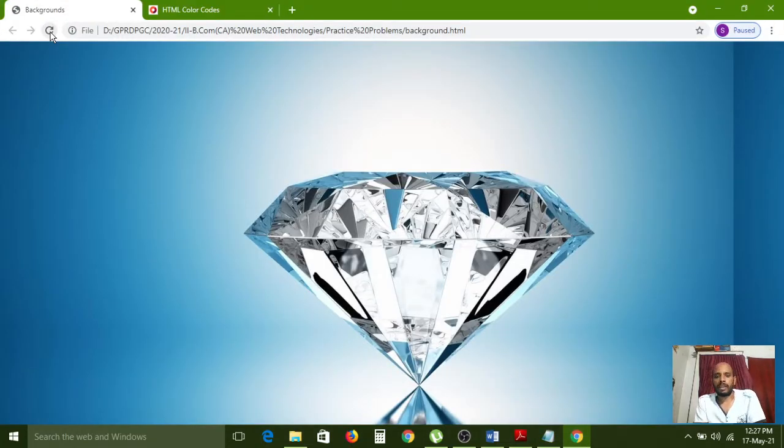Applied, the background image is applied. All of you carefully see the screen. In the body section, the complete background is applied with the Kohinoor diamond. Understand? So like that, you can apply images also. Whatever images you have, you can apply them as a background. If you want to apply any color, then the bgcolor attribute is very useful. For images, the background attribute is very useful. Now you can understand how to change the background colors and how to insert images as a background. So this is the process.